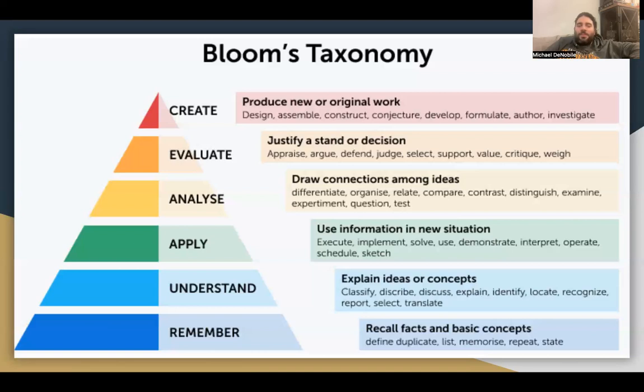Then Bloom's 4 is the analyze level. So drawing connections among ideas. So now, they're going to differentiate. They're going to compare and contrast. So the standard that we're looking at was already at a Bloom's level of 4. However, you're going to see when we get to the rigor matrix,